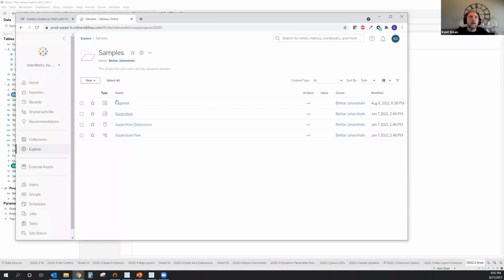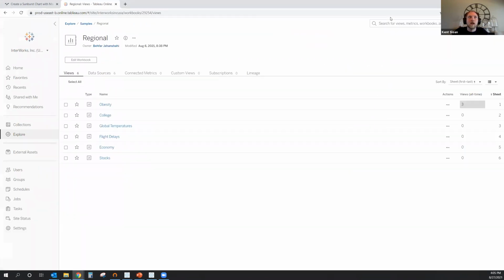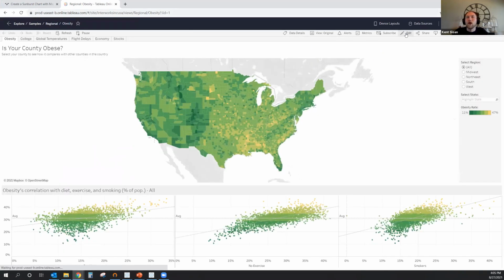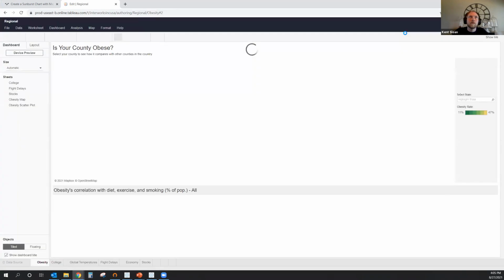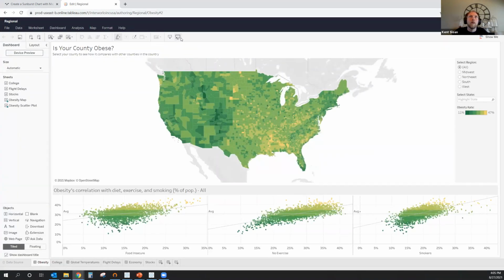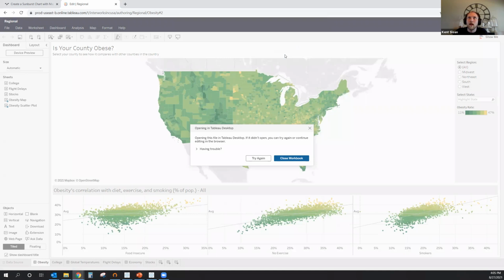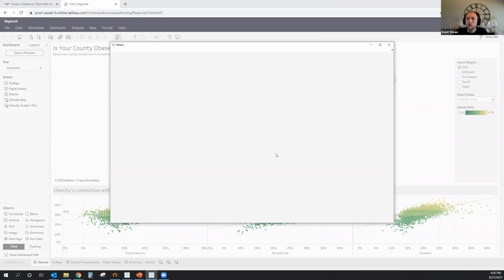Thank you. So Kent, here I pulled up a Tableau Online environment because I know it's on the most recent version, 2021.2. If I select this one and go into web edit, what they have now is this new icon that says open and edit workbook in Tableau Desktop. When I click it, it tells me it's going to try and open Tableau for me, and I say go ahead. Please wait while we try to open up your local version of Tableau Desktop.